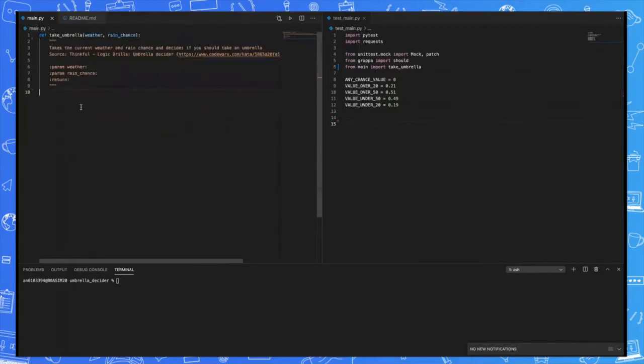So let's start. So first thing here, I'm going to write take umbrella with nothing inside. And I'm going to write a test that will fail. And then I'm going to go there and write the function that I need for the test to succeed. So let's go. So the first test is I'm going to take an umbrella given rainy and